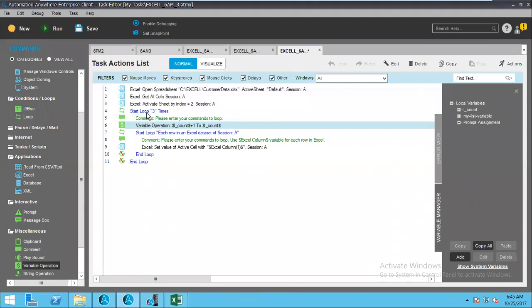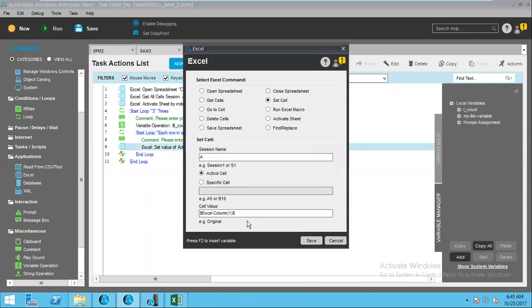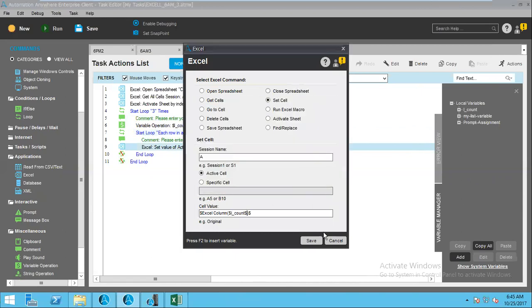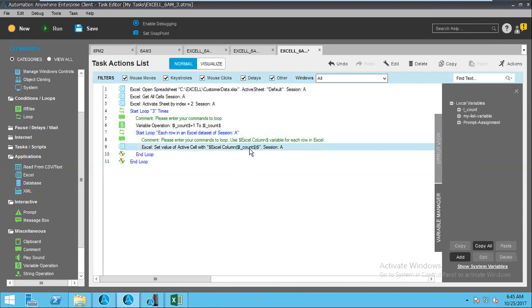Now what happened? First loop will be started. What will be the value of the variable? 0 plus 1 means 1. Then it will start the for loop for Excel, and instead of 1, I will use the variable here. What is the value of variable right now? 1 only. Okay. So it will write all the values of first column into your Excel,